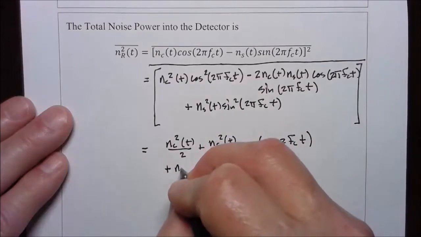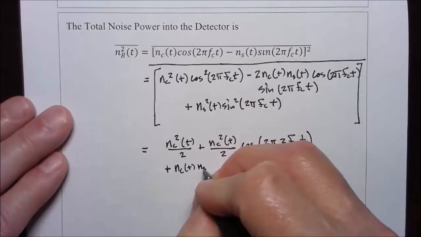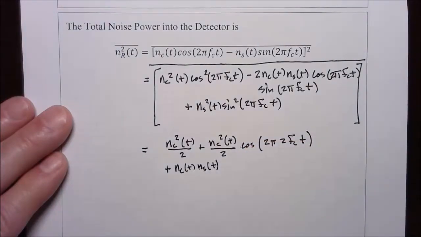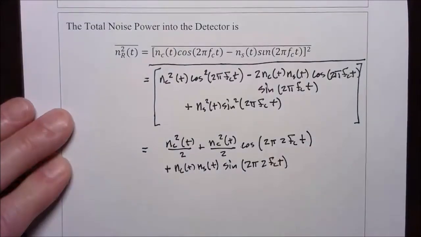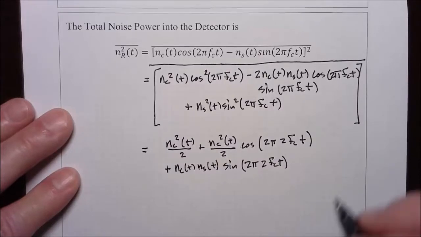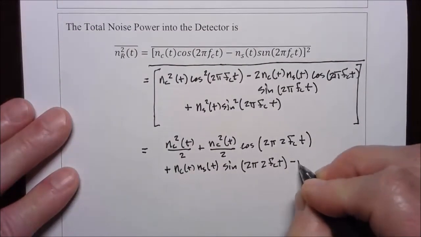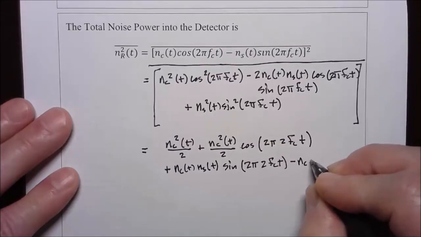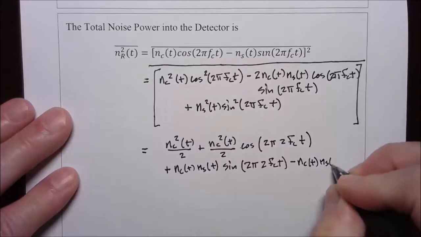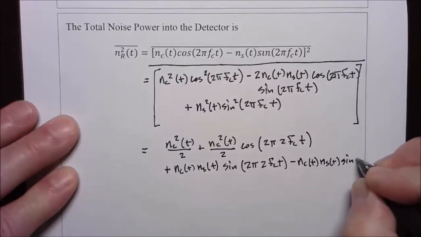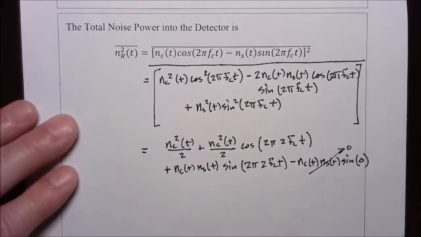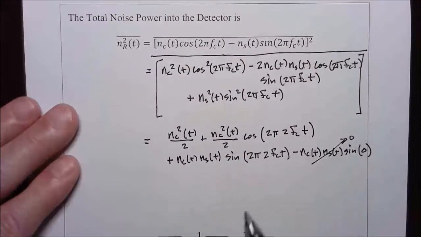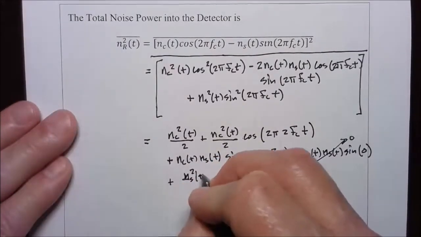Then I'm going to have an NC of t times the NS of t, and then the cosine times the sine gives a sine at twice the angle, and then the next term is going to be minus NC of t times an NS of t times the sine of 0, which is going to be a term that goes to 0. Then we have finally a sine squared, so that's going to be plus NS squared of t over 2